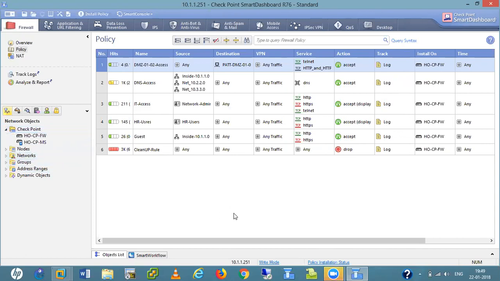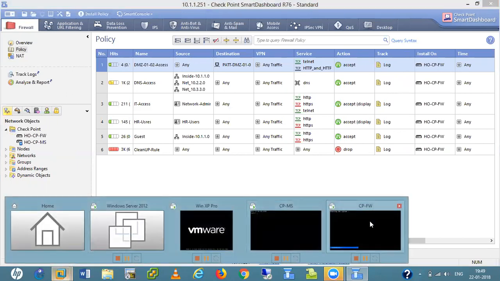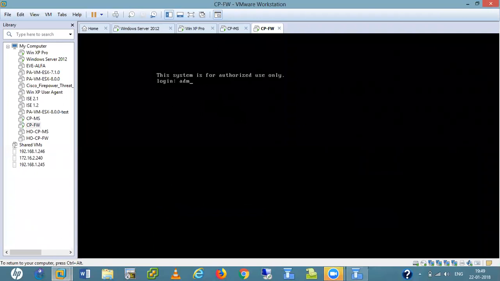So first of all we enable this SSL decryption in our firewall. Let me check this firewall.